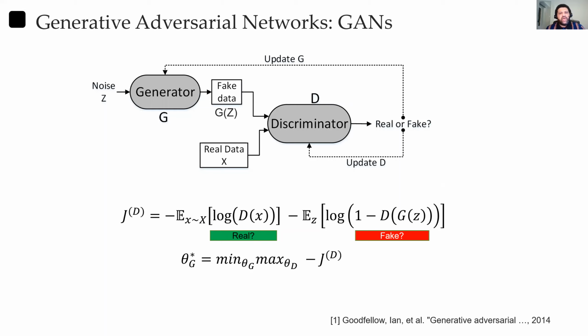Based on the discriminator output, both networks are updated in an adversarial way, meaning that the generator aims to minimize the same objective which the discriminator aims to maximize. Through training, the generator will learn to produce samples that look more realistic and good enough to fool the discriminator. After successful training, the generator will be able to arbitrarily generate data samples that are similar to our real ones.